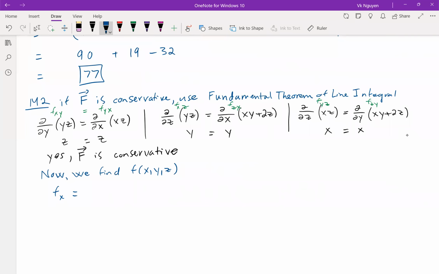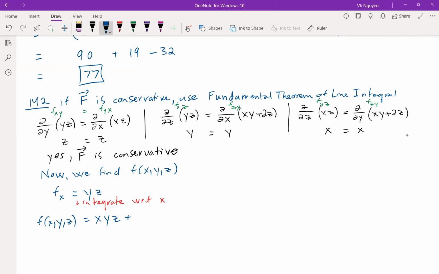So f_x is the yz, right? Integrate with respect to x. We get xyz